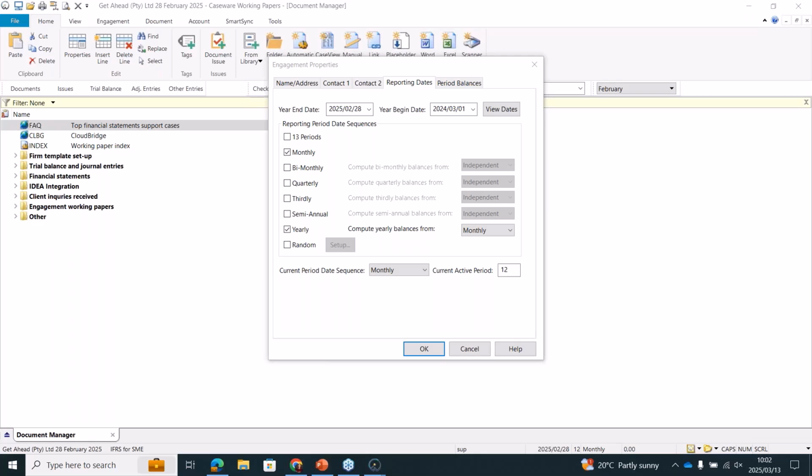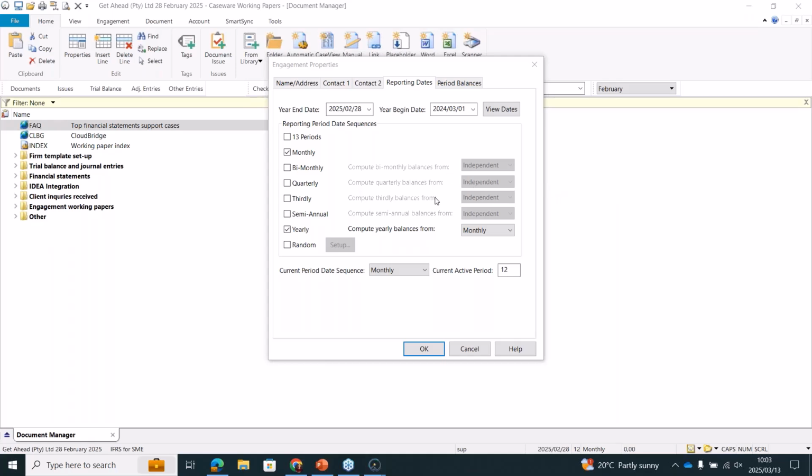All right, I'm going to go ahead now, otherwise we're going to spend too long here. This recording will be made available, so if you do fall behind, you can just go and try it again with the recording later. Okay, so once you've created your file, this engagement properties dialog pops up,